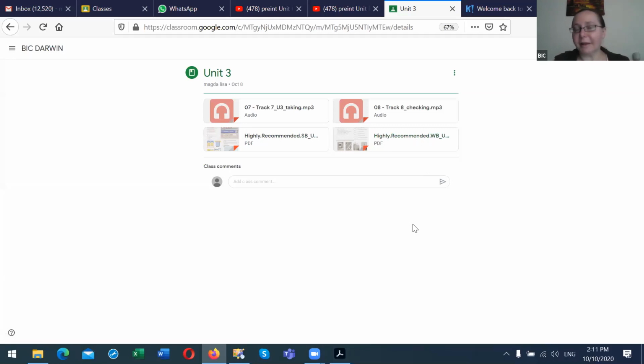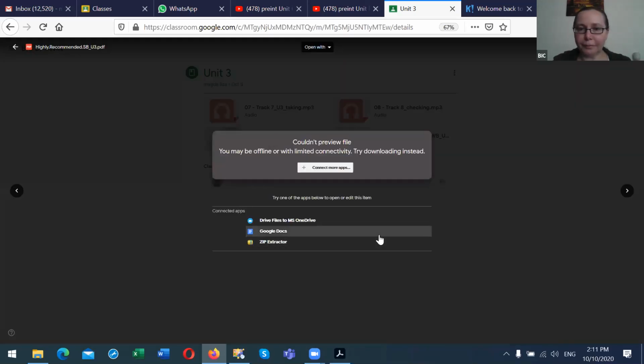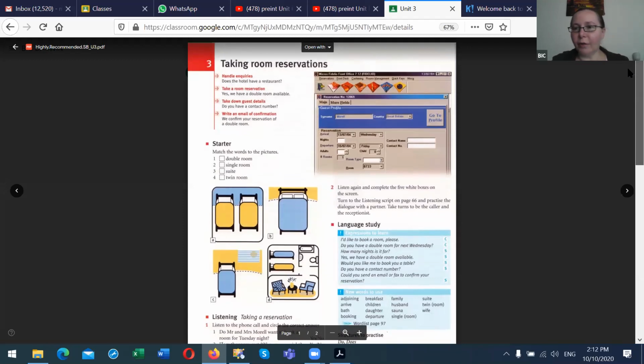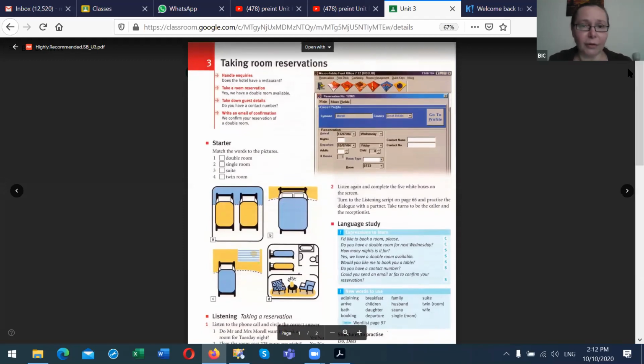Today I picked a video as a revision because you didn't have any homework. So we did a video, but next week we'll do a little bit of revision from the workbook. Now we'll click on student book. And this is a good example of when it doesn't work straight away. Sometimes you need to click on these 3 dots and open it in a new window. Sometimes it doesn't open. It really depends on the computer and what we are using as the browser.